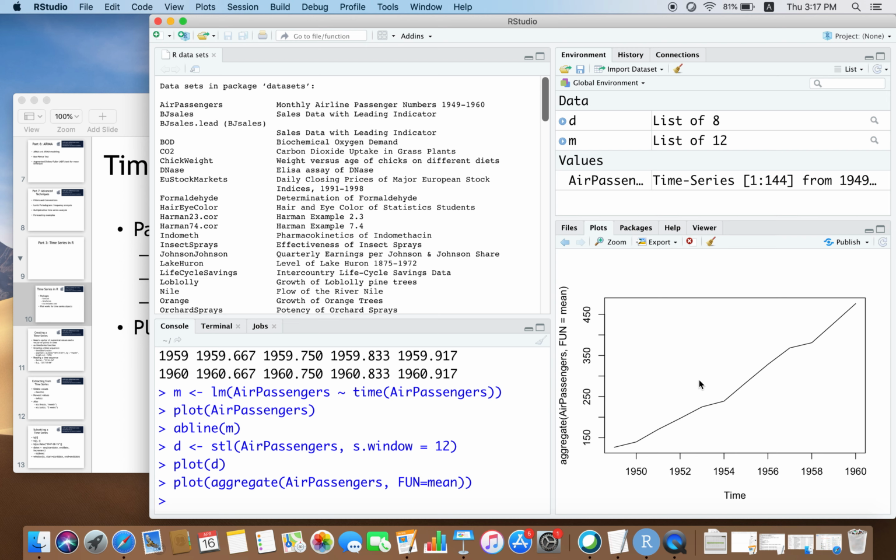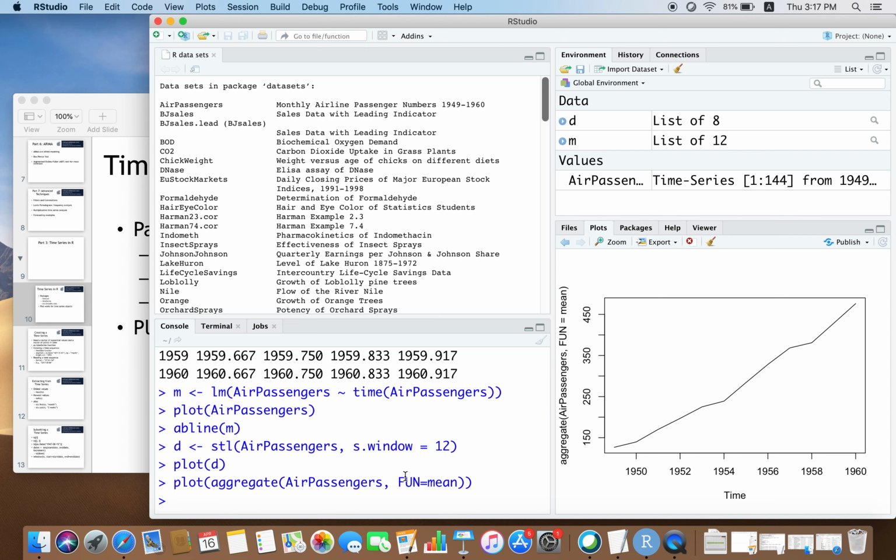It gives me the trend actually. How did it know the approximate trend, because I have aggregated on a yearly basis? How does it know for what period it should take the mean? It already knows that, because it knows that there is a yearly cycle in this time series data. Earlier we invoked frequency and cycle and so on. From that it already knows that there is a yearly cycle. So, that is what it has projected here.